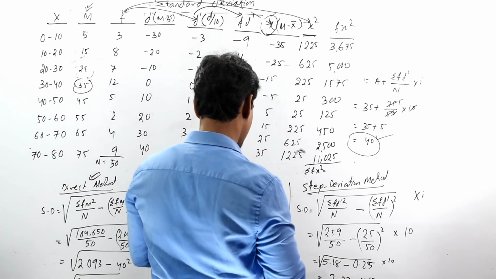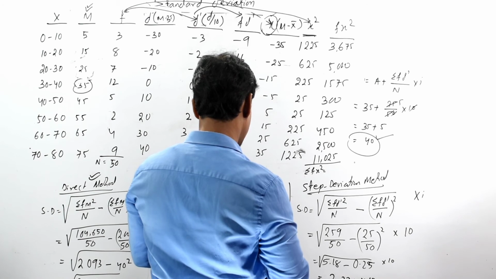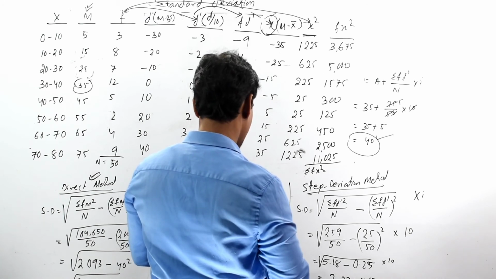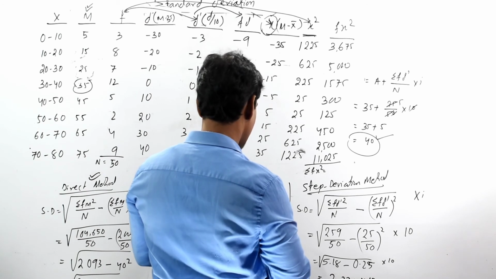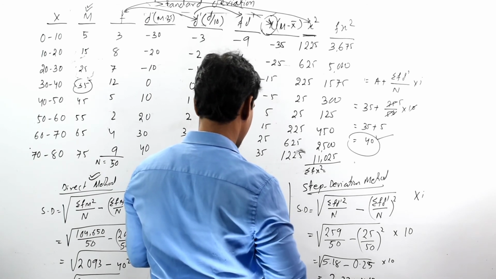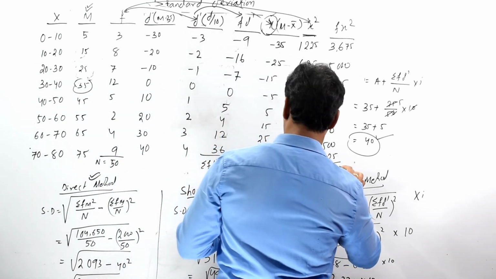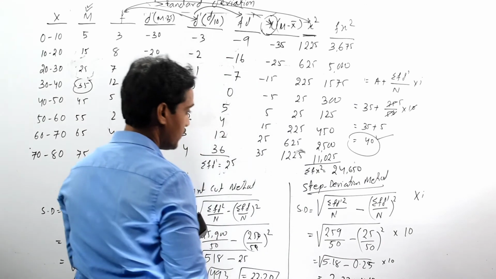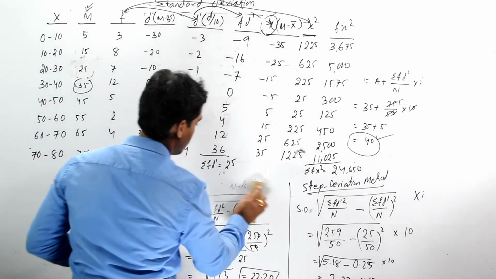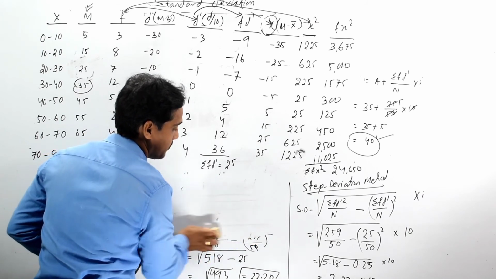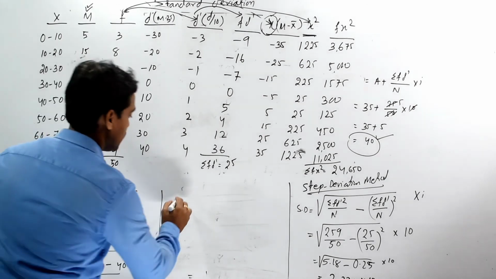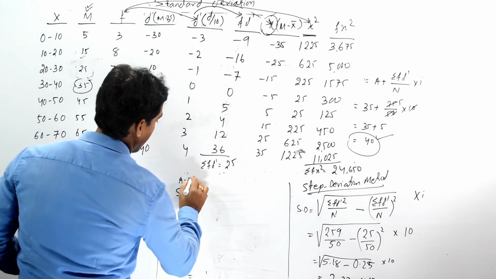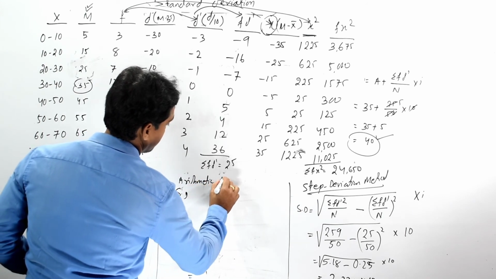3675 plus 5000 plus 1575 plus 300 plus 125 plus 450 plus 2500 plus 11,025 equals 24,650. So now by applying the rules under the arithmetic mean method, we can compute our value of the standard deviation. So our standard deviation under arithmetic mean method